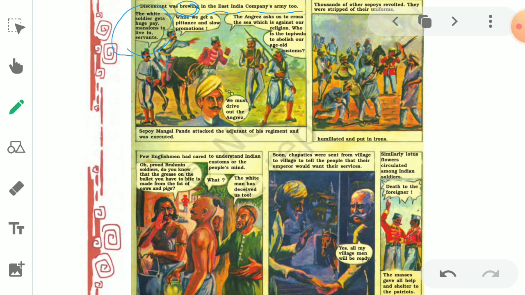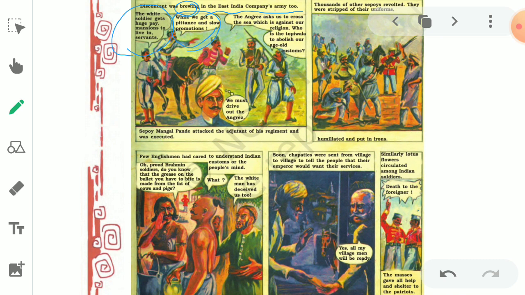Along with all this, they also got servants to work in their houses. While we get a pittance and slow promotions. So these people were white and other soldiers. They were talking about their jobs, about